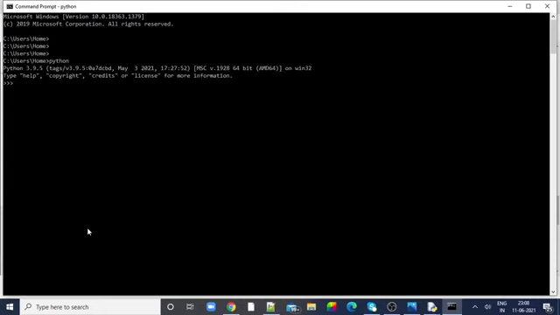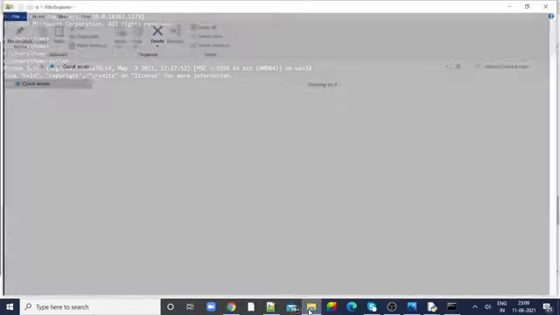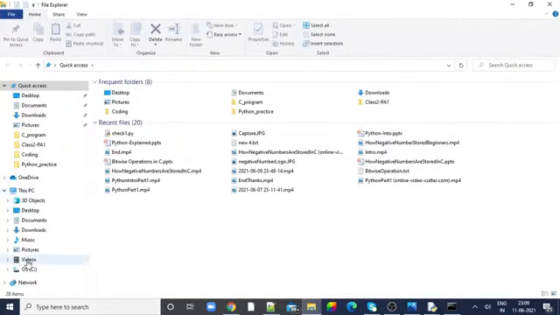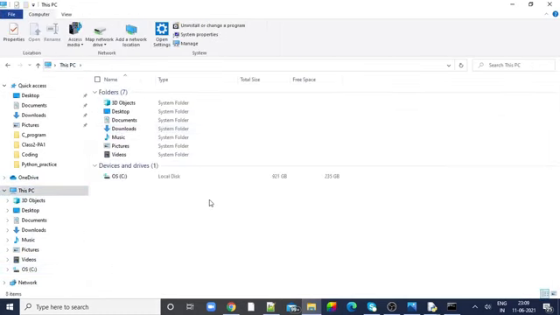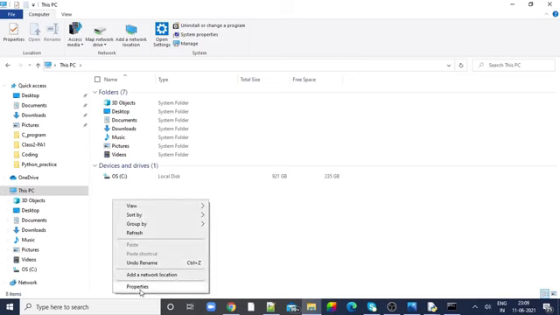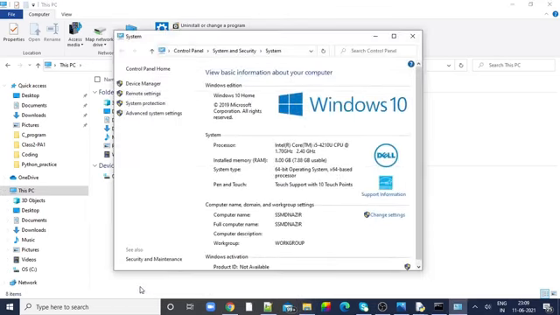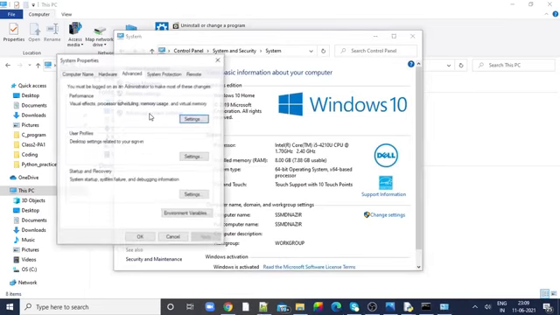Suppose in your Windows the Python interpreter is not going, you have installed the interpreter, the exe is there, but still it says it is not able to recognize Python. If Windows is throwing an error like that, then what do we have to do? In a very simple way, I'm going to go to my PC and right click on properties. From properties, you have to go to the advanced system settings and click on it.